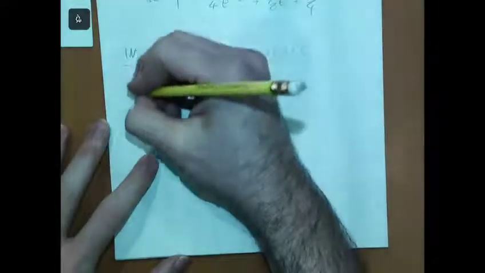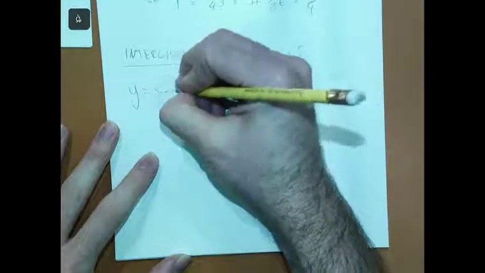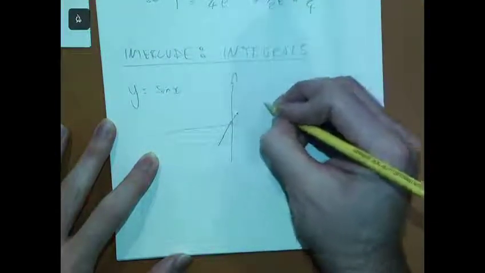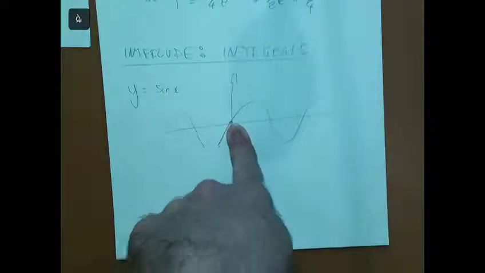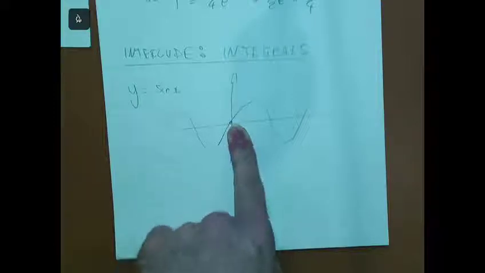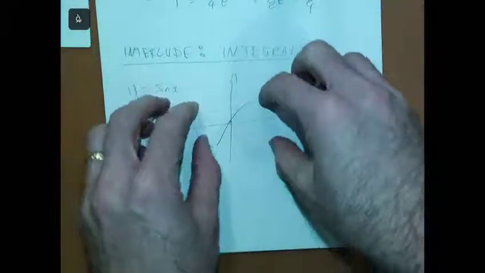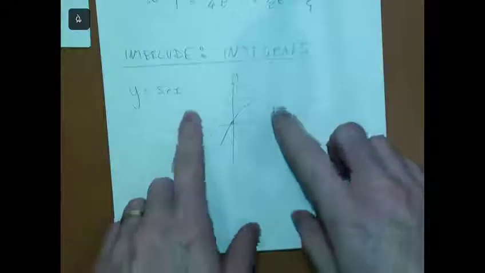So, sine x looks roughly like this. I know sine goes through 0, 0, because sine of 0 is 0. I know that because sine is an odd function, and odd functions are rotationally symmetric around here. And that's just one of the pieces of information I happen to know. And the derivative of sine,